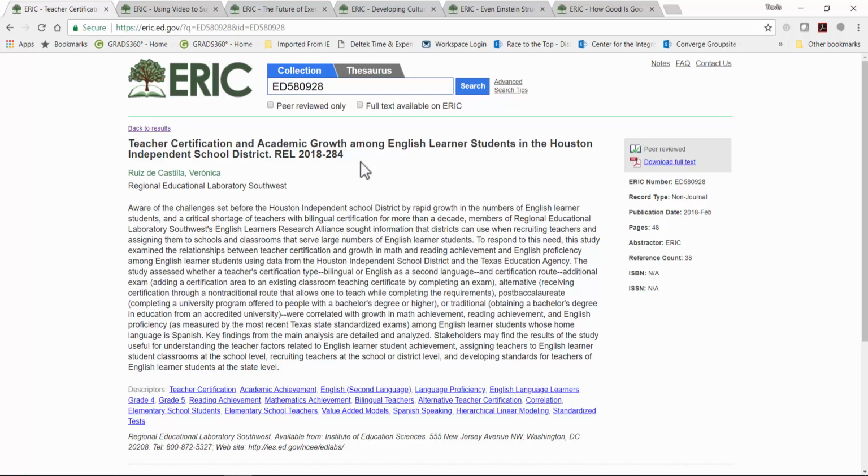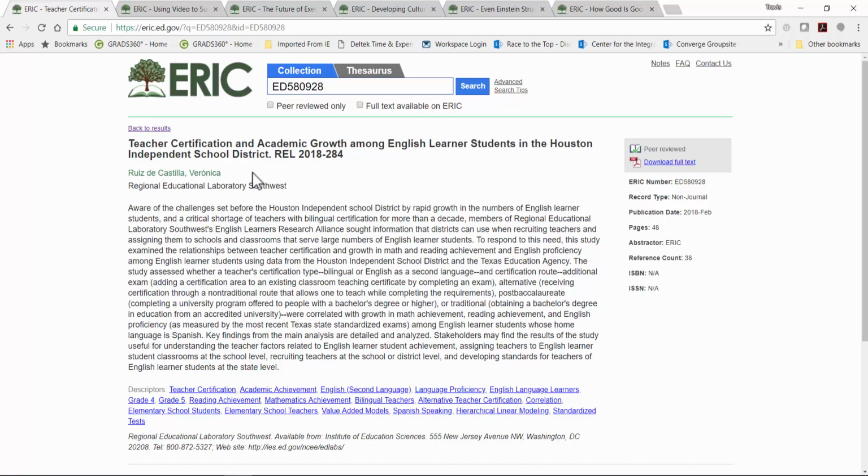Underneath the title field, we have the author of the piece. Now, ERIC, at this point, as a digital resource, includes every author on a piece. We don't use et al. or and others, as was the case when ERIC was print-based and they had to save space.